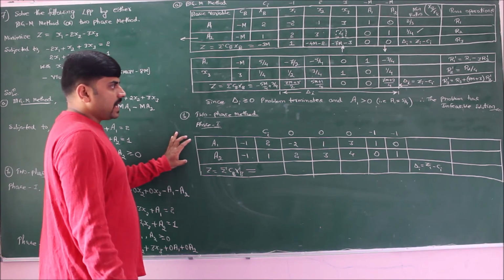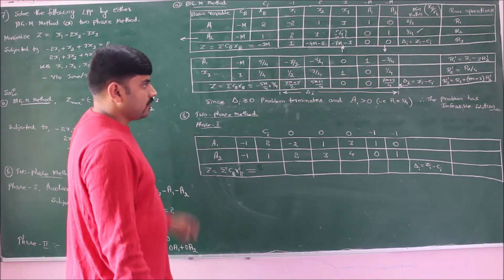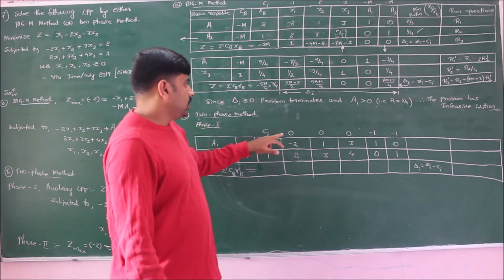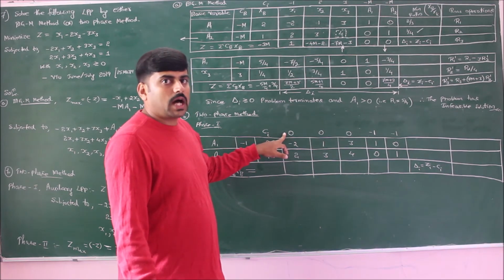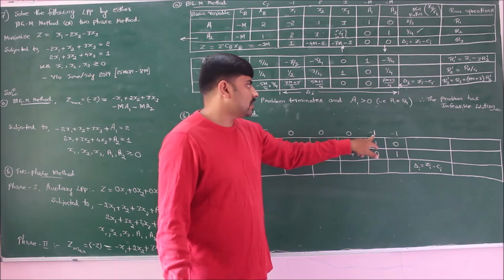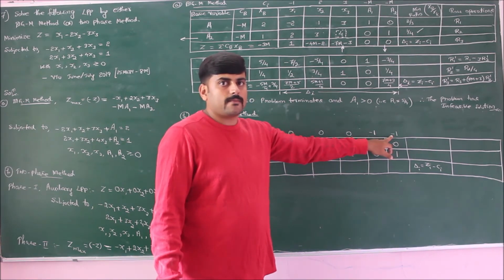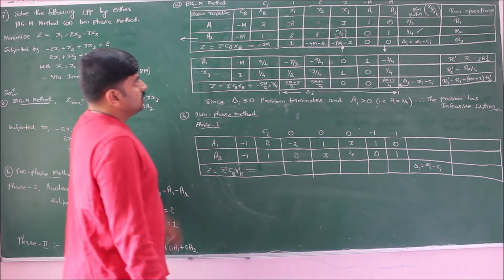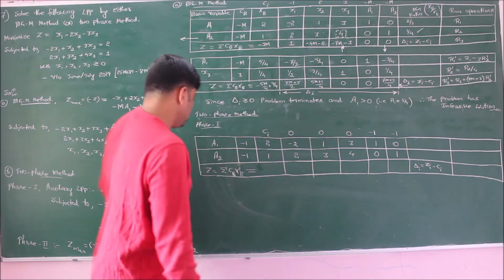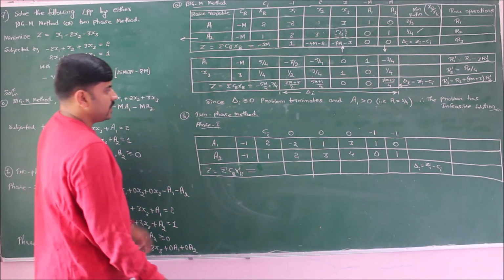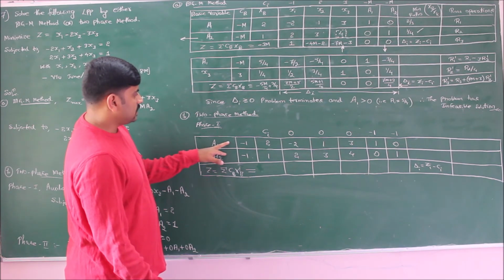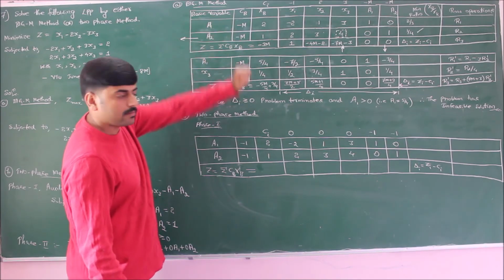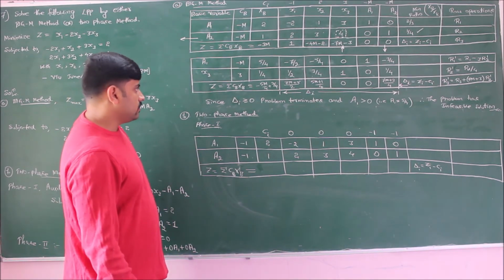As we have already practiced in our lecture 5 and lecture 6, for phase 1 we should consider the auxiliary LPP, in which the coefficients of all the variables are 0 except for artificial variables. For artificial variables the coefficients are minus 1 and minus 1 in the objective function. Apart from that, rest of the things will remain same. So I copied down the same thing from the set of linear equations what I have, whereas in case of two-phase method the coefficients are minus 1 and minus 1, whereas for big M method the coefficients are minus m and minus m. Let us solve this problem by two-phase method.